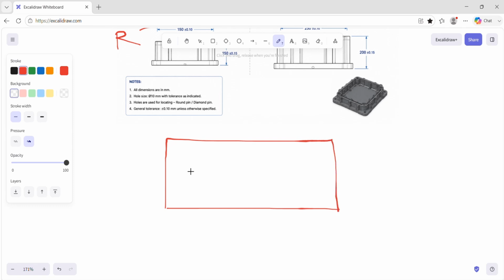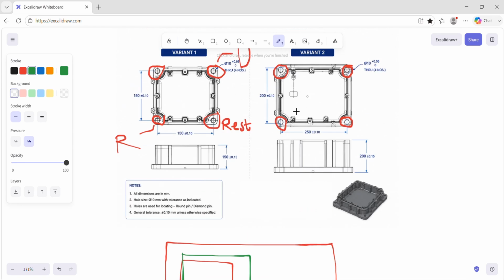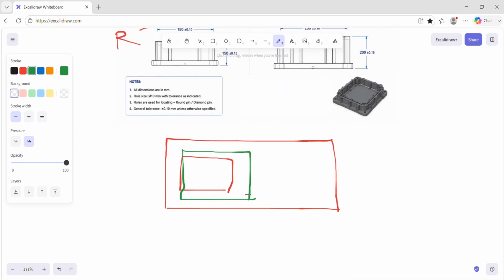This is the bottom plate. Now one part has a 150 mm center distance, and the other has 250. This is 200 and this is 250. So it will look this way.